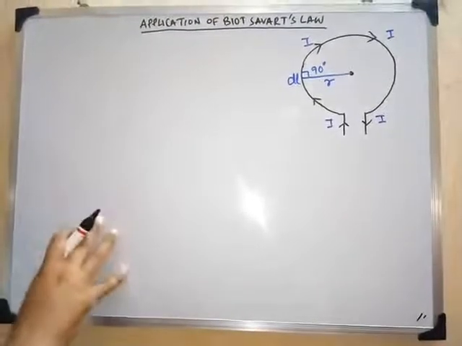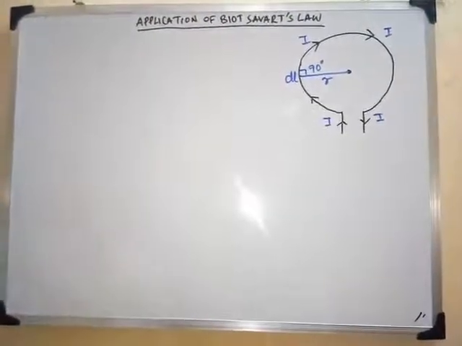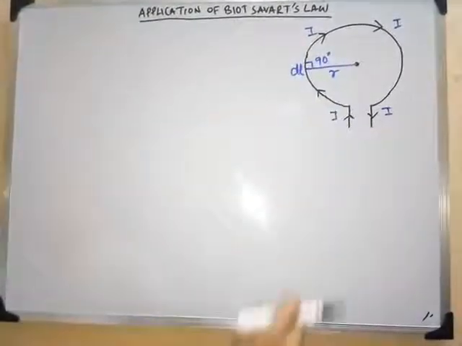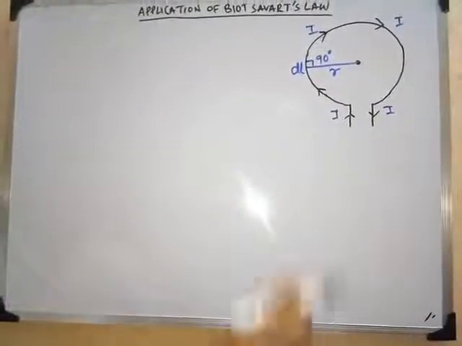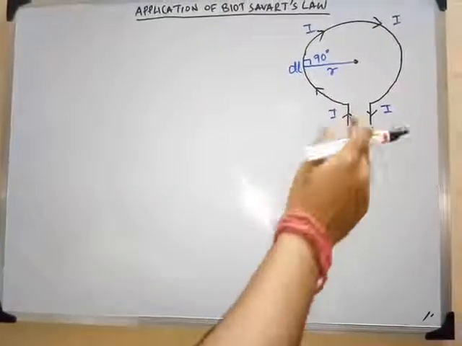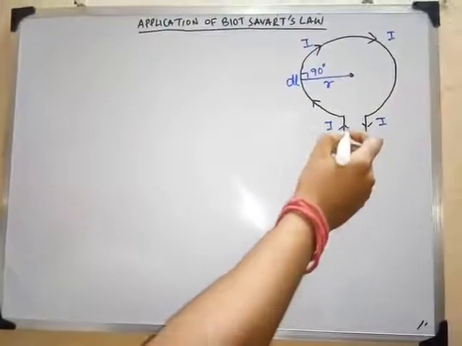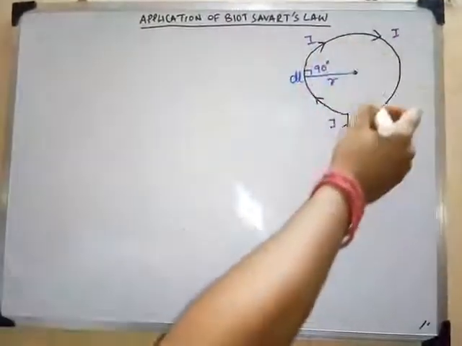So the first case we are going to see is to calculate the magnetic field at the center of this circular coil carrying current, right? So I have drawn a figure. I'm going to suppose this figure, this is a circular current coil that you can see, where current I is going and passing like this and coming back here.